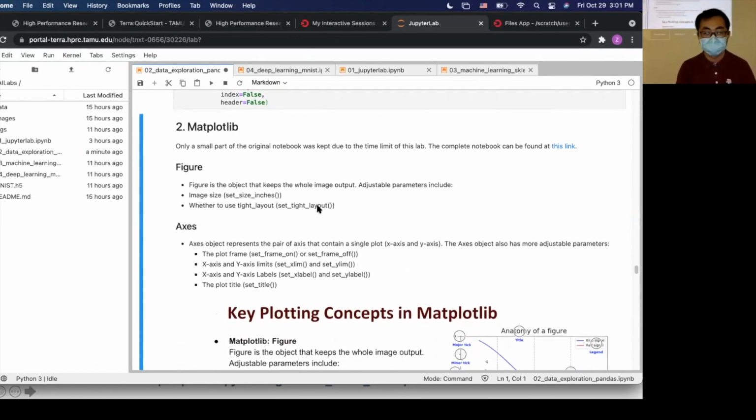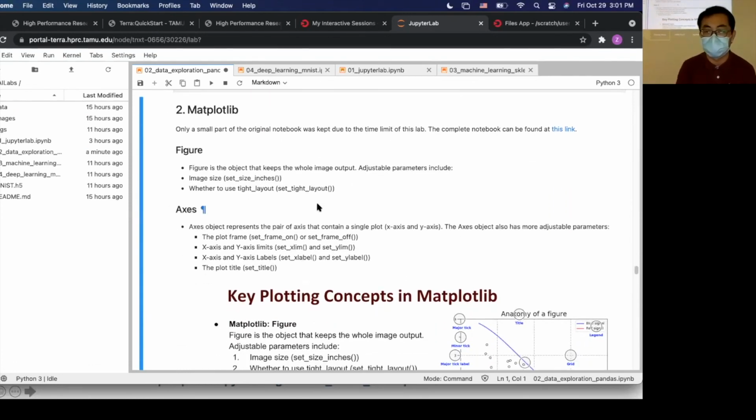Okay, I will also continue to talk about matplotlib, so I will give you some time to look at all these examples. For example, if you want to test something, you can click this plus sign and add some code cells, and then you can type some code into it. You can explore what you want for the data frame, the pandas.